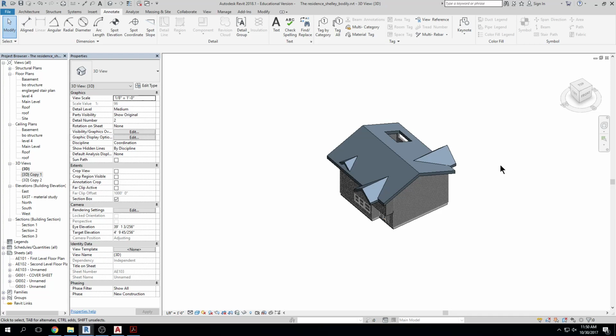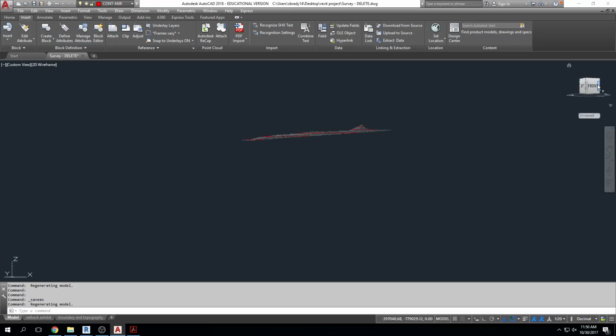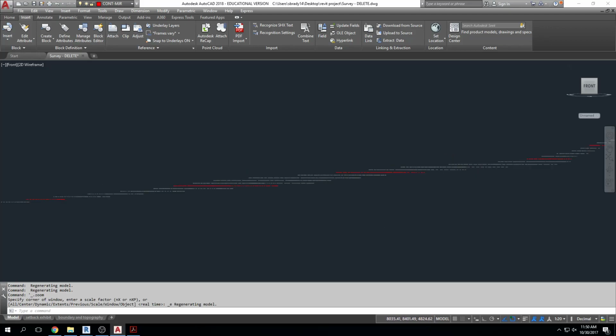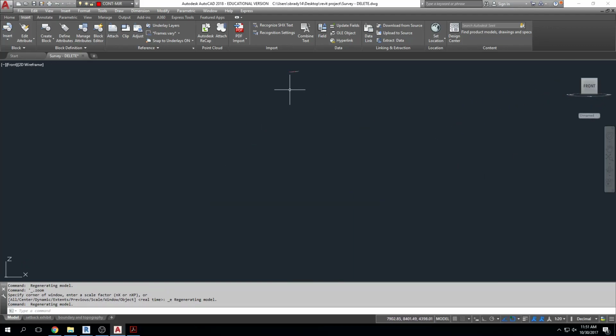And then we have a more complicated project or a commercial project where I'm given a survey that is a 3D AutoCAD file. That means I can look in my AutoCAD file and see that I have slope here. This is a file that the civil engineer generated. When I zoom out and do a zoom extents, normally in AutoCAD it brings you into that little area you're supposed to be looking at. This CAD file, I know it's been generated correctly because it is a very far distance